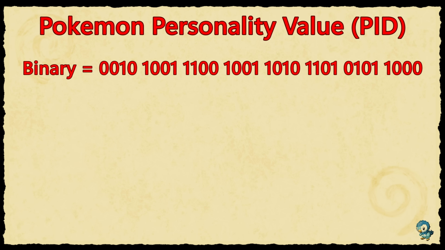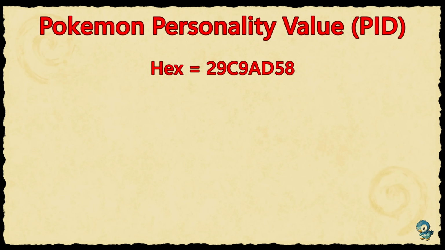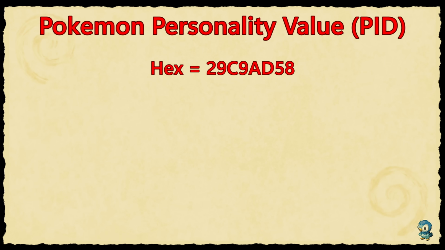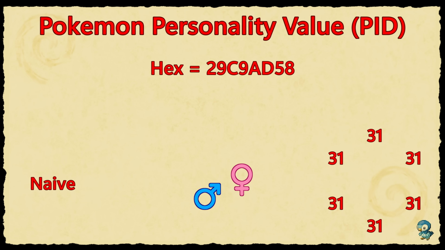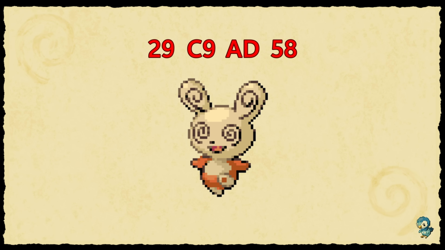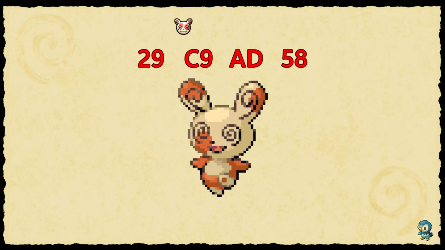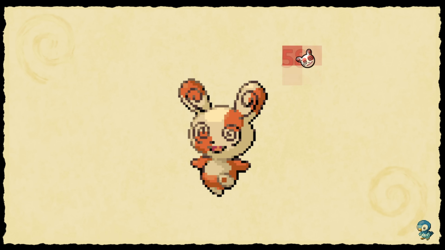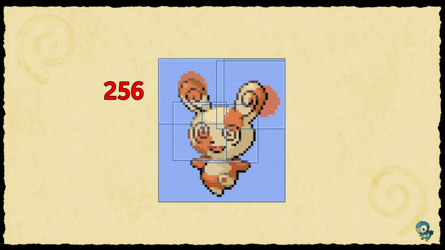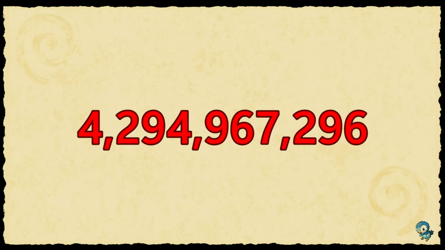The PID is a 32-bit binary number, more often displayed in hexadecimal, that determines many aspects of a Pokémon, such as its nature, gender, IVs, and factors into whether or not it will be shiny. To produce the spot pattern for Spinda, the game reads the PID in 4 8-bit chunks, with each chunk corresponding with 1 spot. Each spot has 256 possible orientations, and with 4 different spots, that comes out to a combined